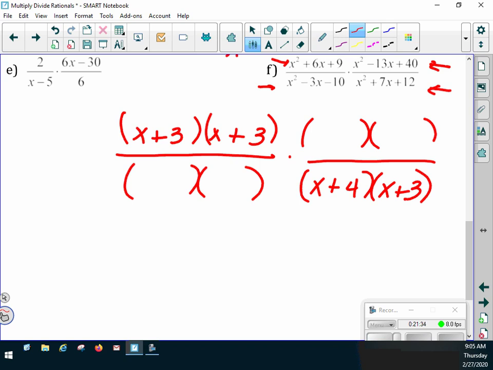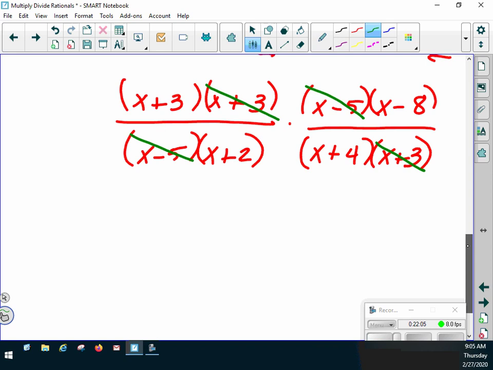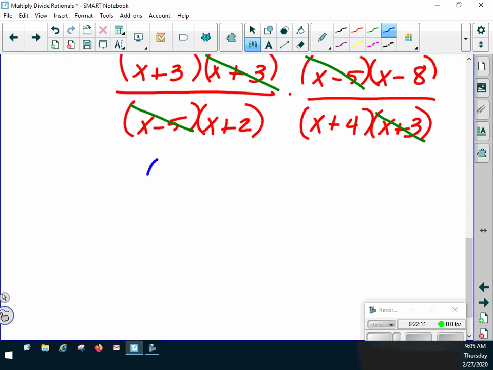This group: x - 5 times x + 2. x - 5 times x - 8. Excellent. And there's mine: x + 4 times x + 3. Any common factors? x + 3. And that appears to be it. So simplified, x + 3 times